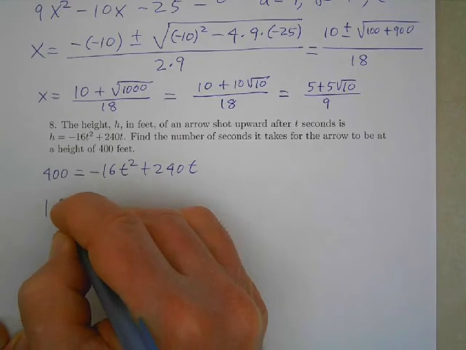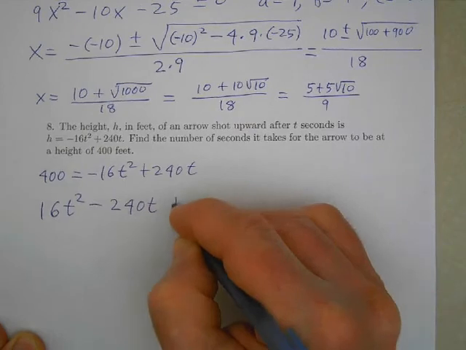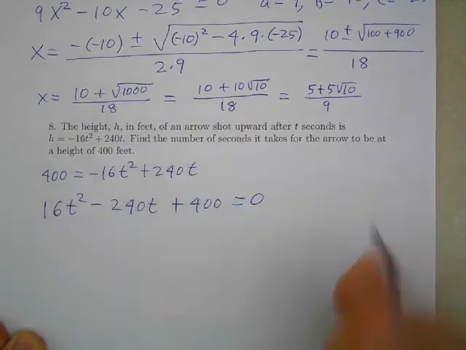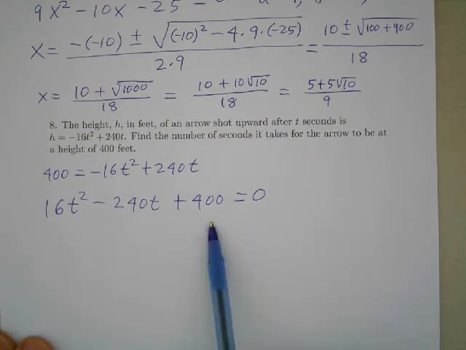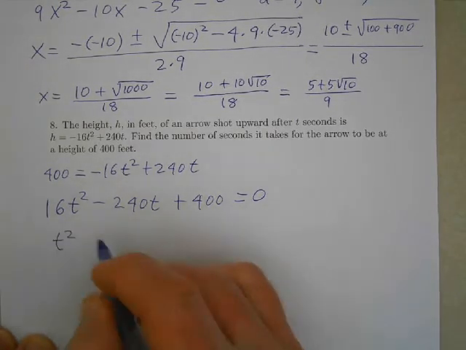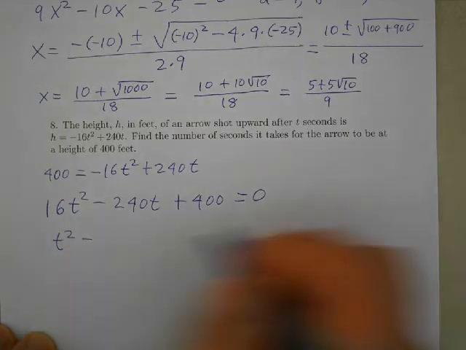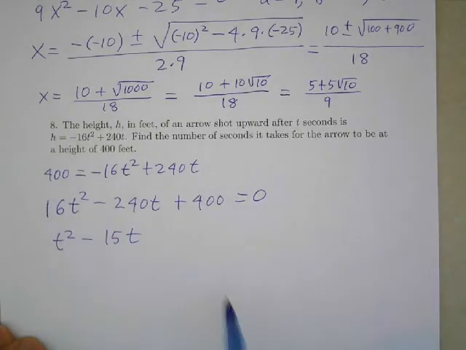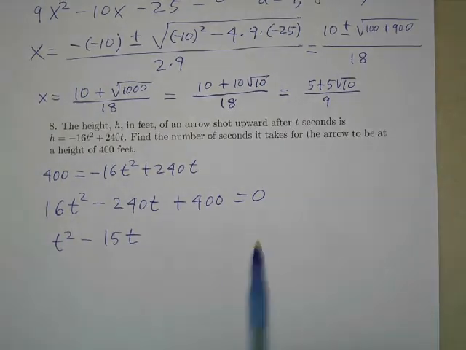And we get the equation 16t to the second minus 240t plus 400 equals 0. We can also get rid of some of the clutter that's in the way if we divide every term on both sides by 16. So 16t to the second is just t to the second, and minus 240t divided by 16 is minus 15t, and then divide 400 by 16, we get